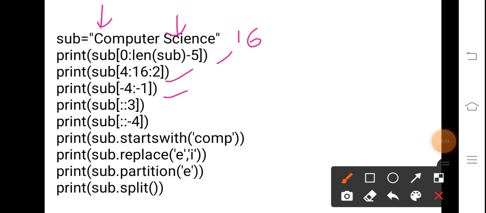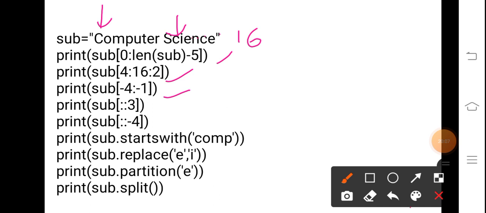the next question, -4 colon -1, uses backward indexing, starting from the -4 index. What is the -4 index? This is -1, -2, -3, -4.